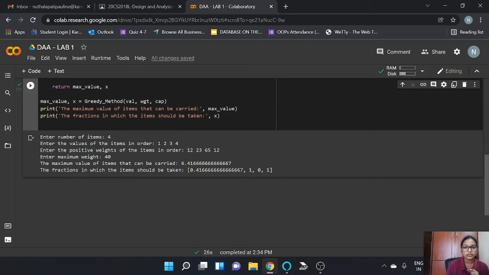So definitely this weight 23, in which item 2 is there, has been considered, and item 3 is weight 65. So since it is really larger than the maximum weight, it might not have considered this particular item, so it is 0. And then for the fourth item, the weight is 12. So since it is less than 40, even after adding 23 and 12, it's 35, so it's less than 40. So it might have considered this weight 12, which is item 4 also,